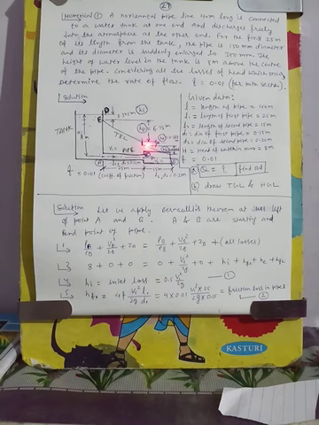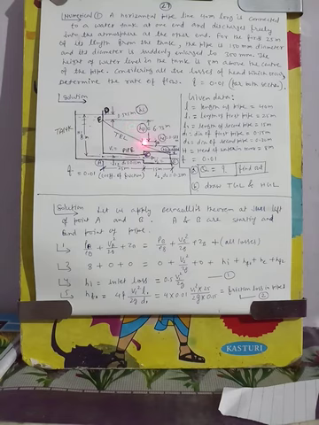Now between this point and this point, the frictional loss is directly proportional to length, so we will get a straight line for the energy line from here to here. The energy will vary in a straight line, so we will simply join this point and this point, and we will get the energy line. Again, this is the total energy line.